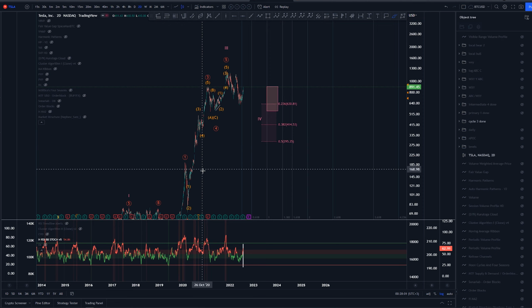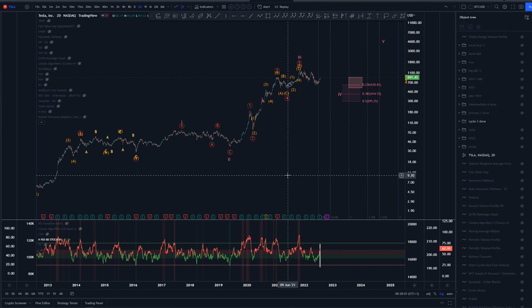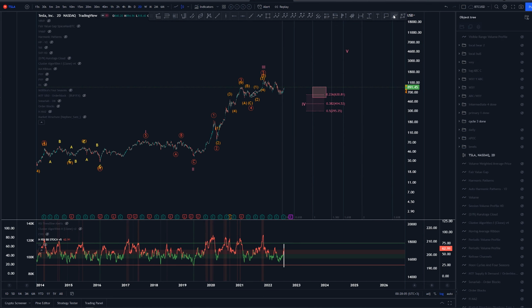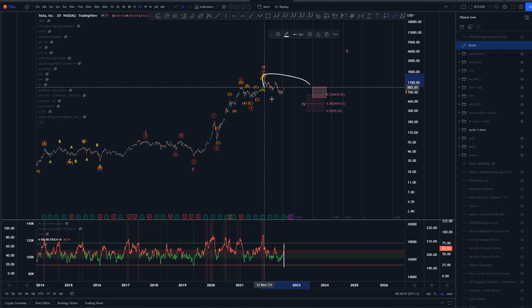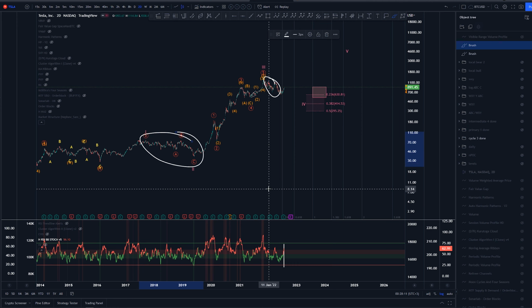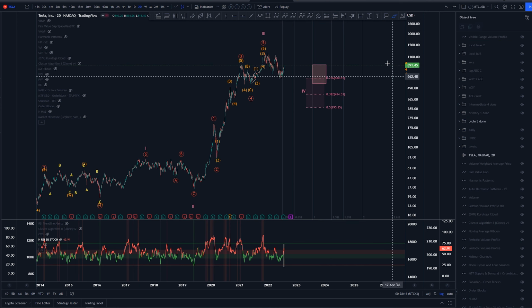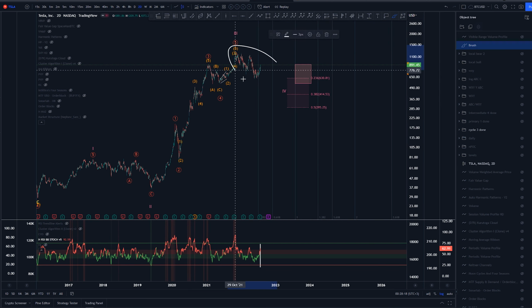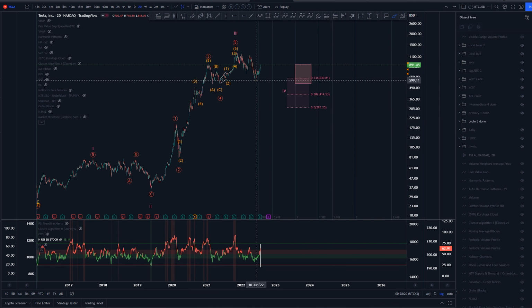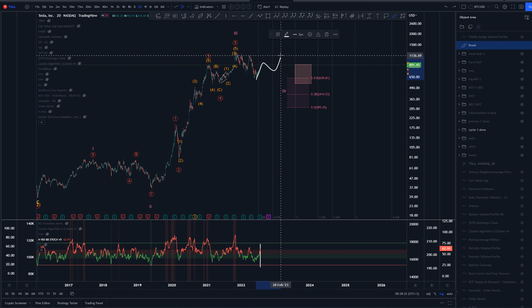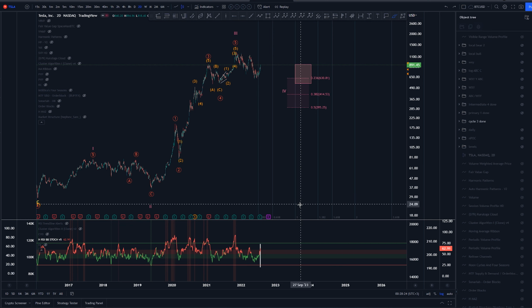If we are just looking at the log and comparing the time it took to create wave 2 in comparison to that wave 4, we can see that the current structure is something like this, and this is the wave 2 here. Very different looking structures, okay. If we are still considering this to be a wave 3, I definitely would like to see something like this, and getting us to the 1-to-1 extension around the